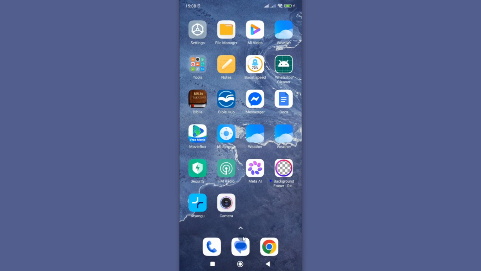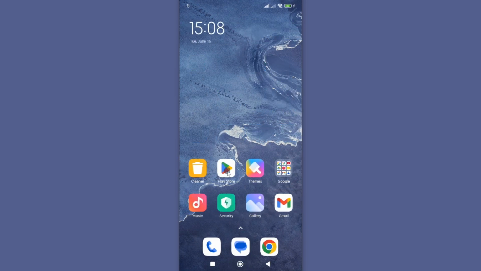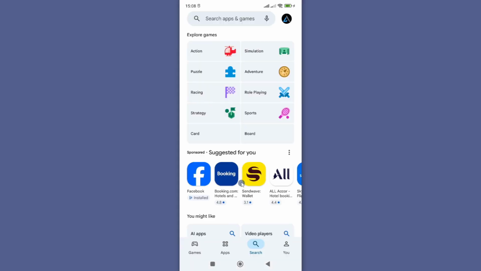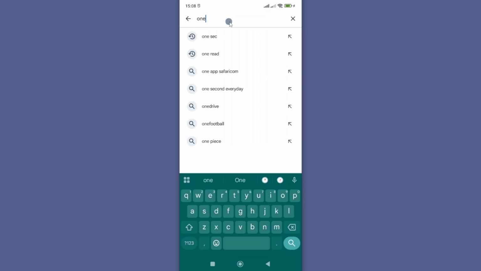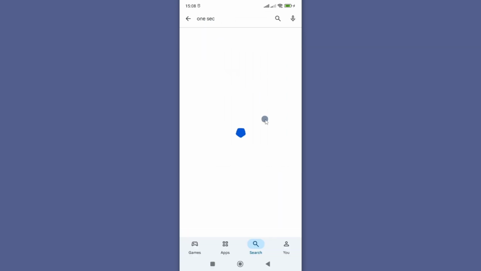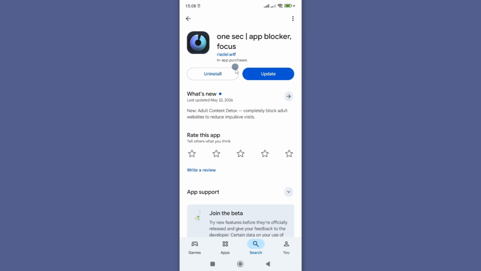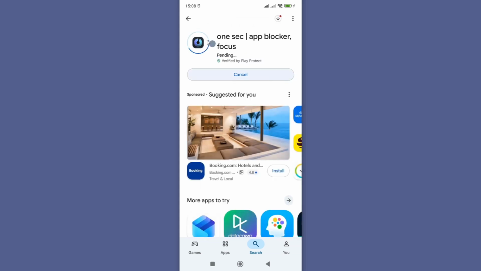But should you still have a challenge, then go to Google Play Store if you are on Android and search for your app and find out if we have any update. Here you will need to update your app to the latest version by tapping on update, and now this should